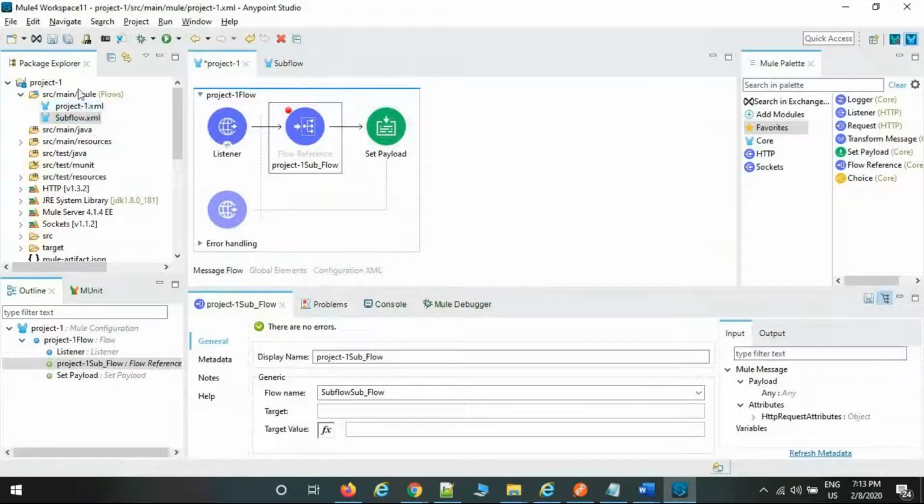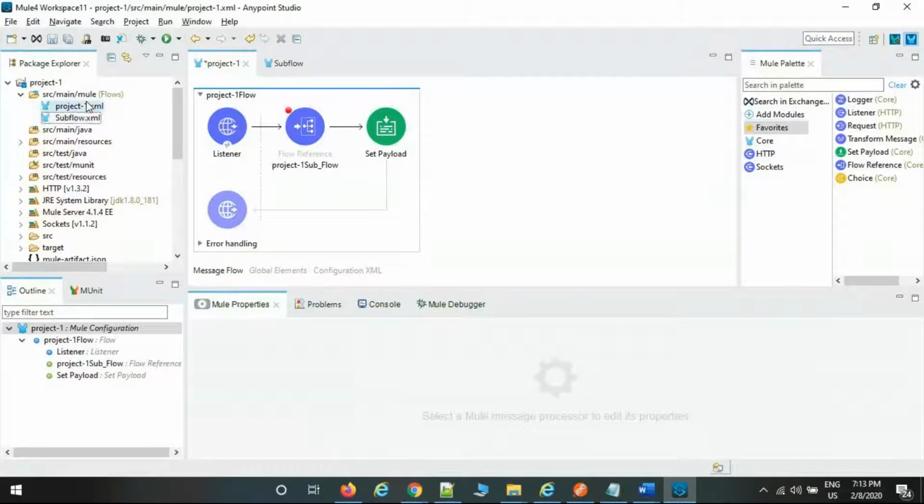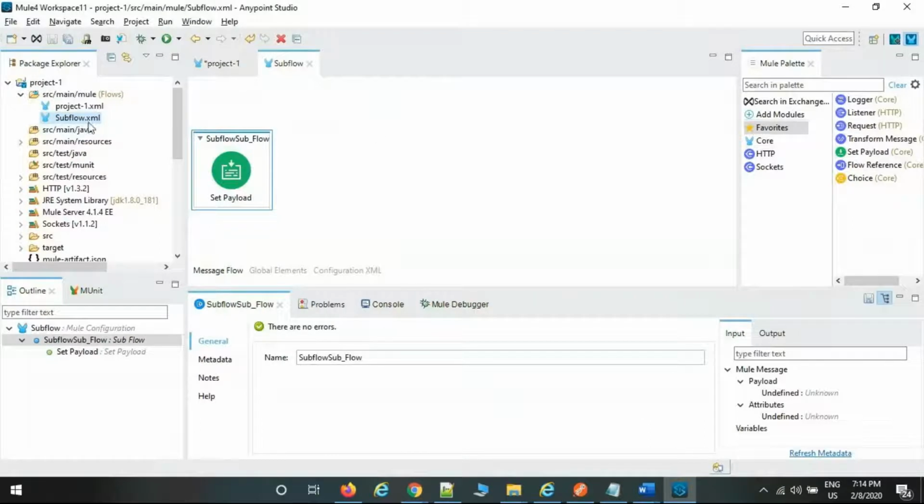There are no restrictions. If you want, you can create n number of flows in the left side project's main configuration XML. Usually we create only references in the main flow; all business logic should be configured on the left side only. That way you can easily identify which flow is facing an exception and concentrate only on that flow, not on the rest of the flows, which improves performance and reduces complexity. That is the reason we introduce main flow, subflows and private flows. And on the left side also you can create n number of flows. There are no restrictions. Any doubt here?